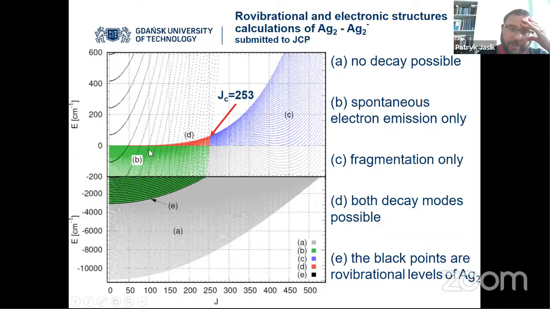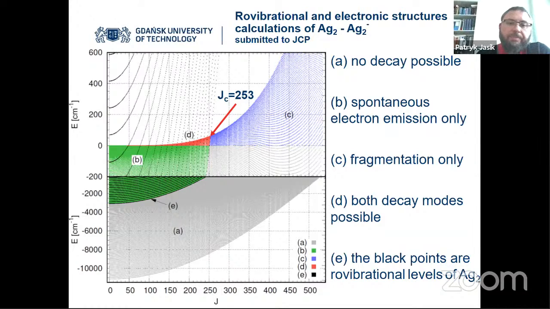The green part is very important because in this part there are some rovibrational levels of the neutral molecule, which are inside the potential well of the